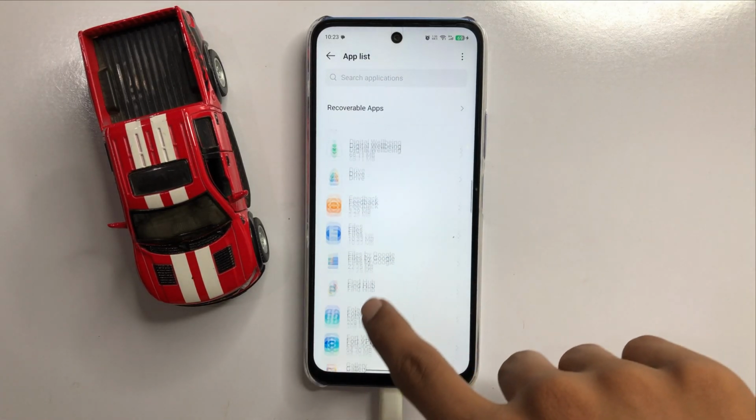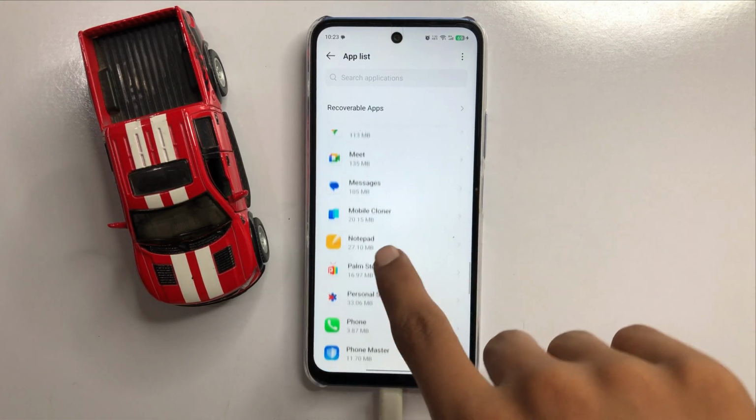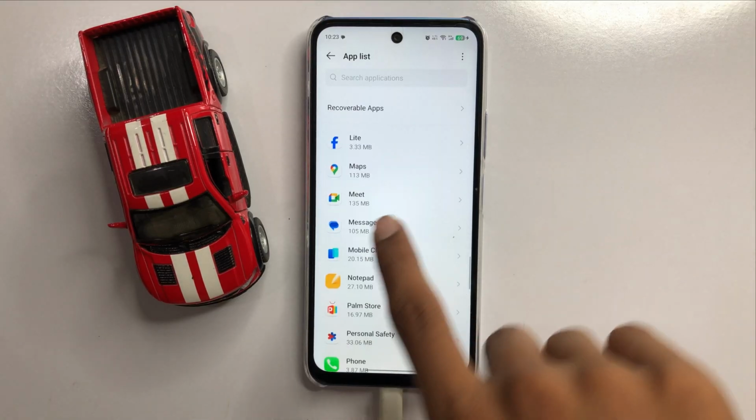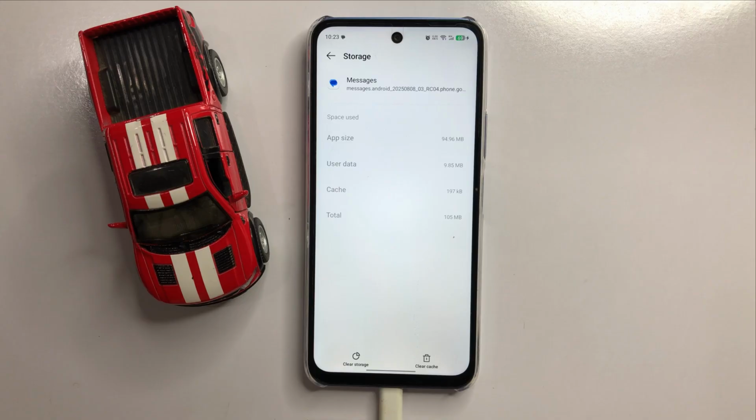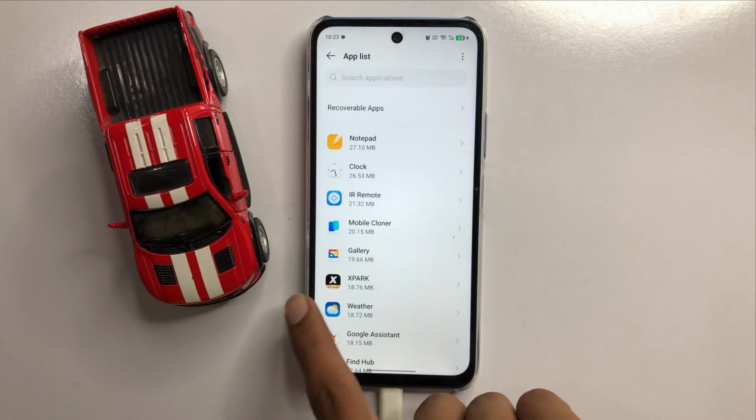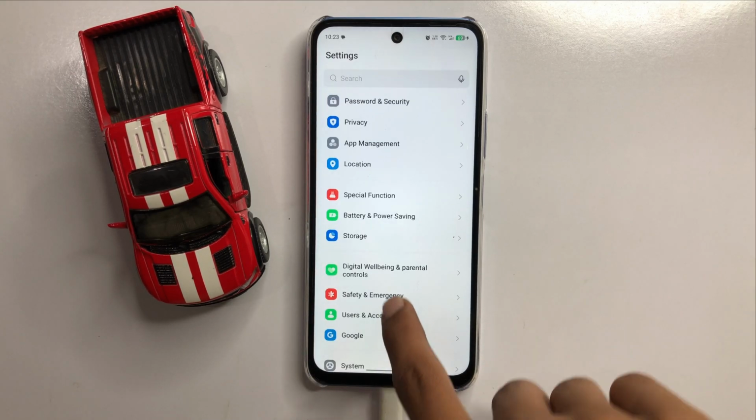Now scroll down and click on messages app and then click on storage and cache. Now here you can clear the storage and cache memory of the messages app. After clearing storage and cache memory, go back to the main page of your settings and scroll down and